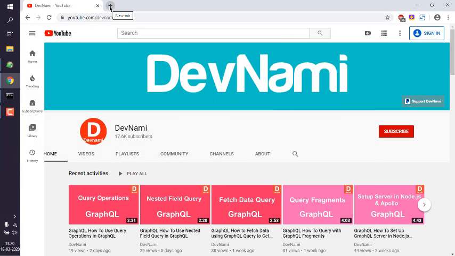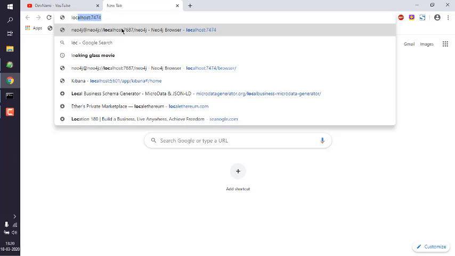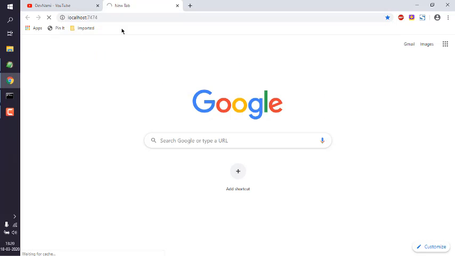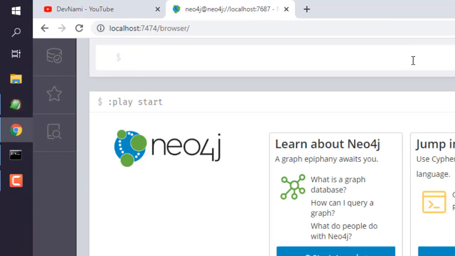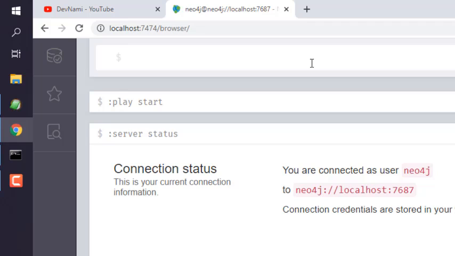Now in a new tab in your browser, type in localhost 7474. That should open Neo4j browser, and what we want out of it is the query editor. Now here what I will do is I will just add few lines,